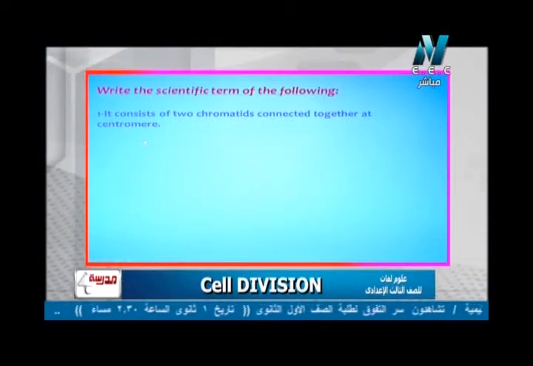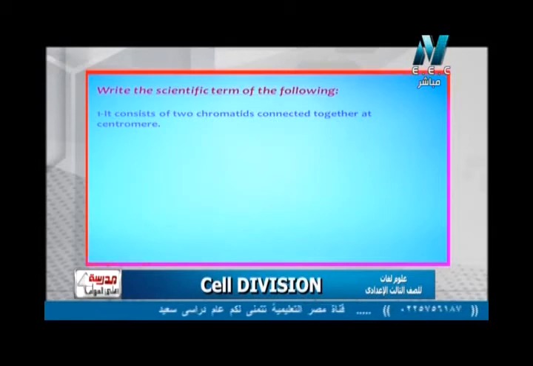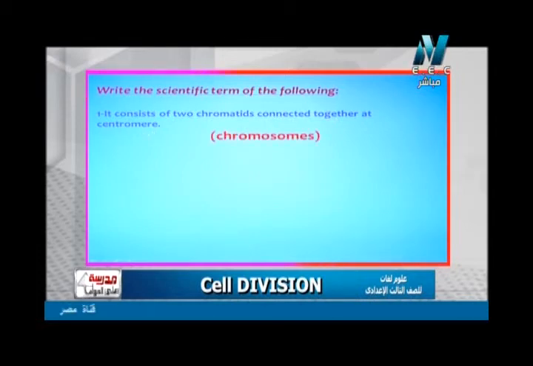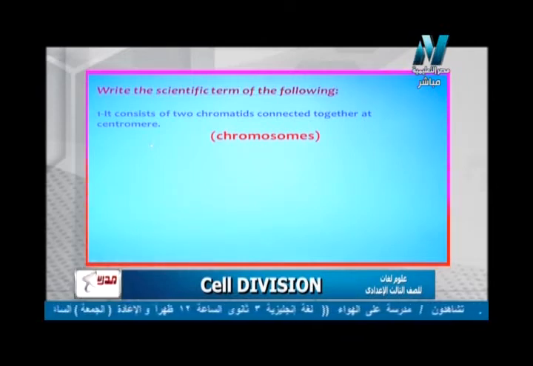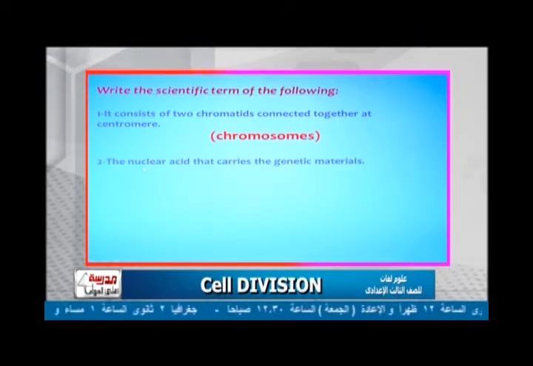Now we are going to answer some questions. Number one, write the scientific term: it consists of two chromatids connected together at the centromere. Again, what's the structure? We have explained it. It consists of two chromatids connected together at the centromere. Yes, chromosome. And we draw it as a two thread-like shape. That is its structure. We said its chemical structure is DNA plus protein. The second question, write the scientific term: